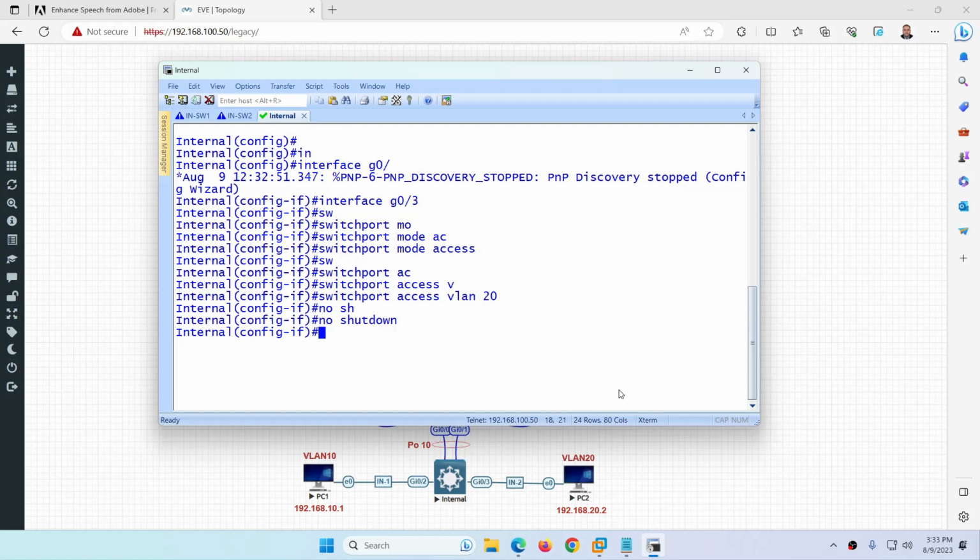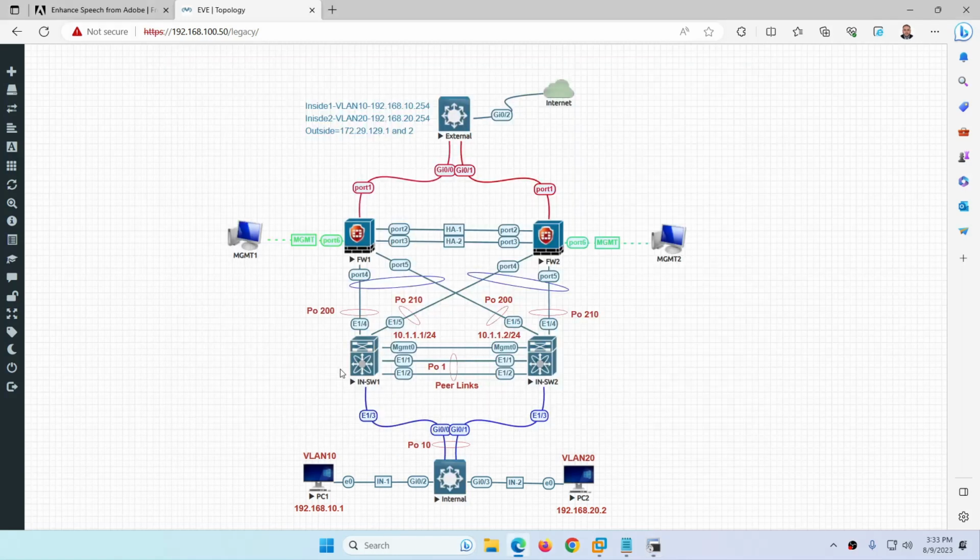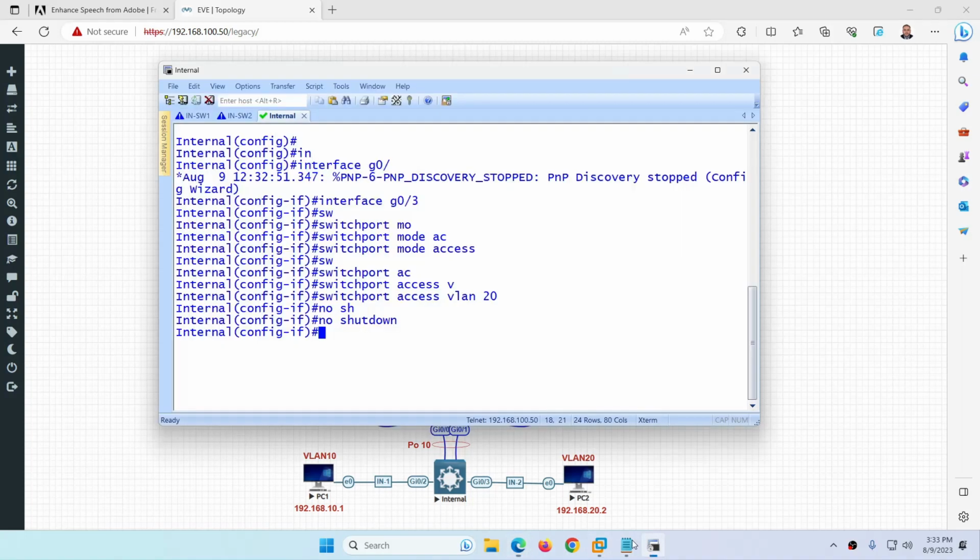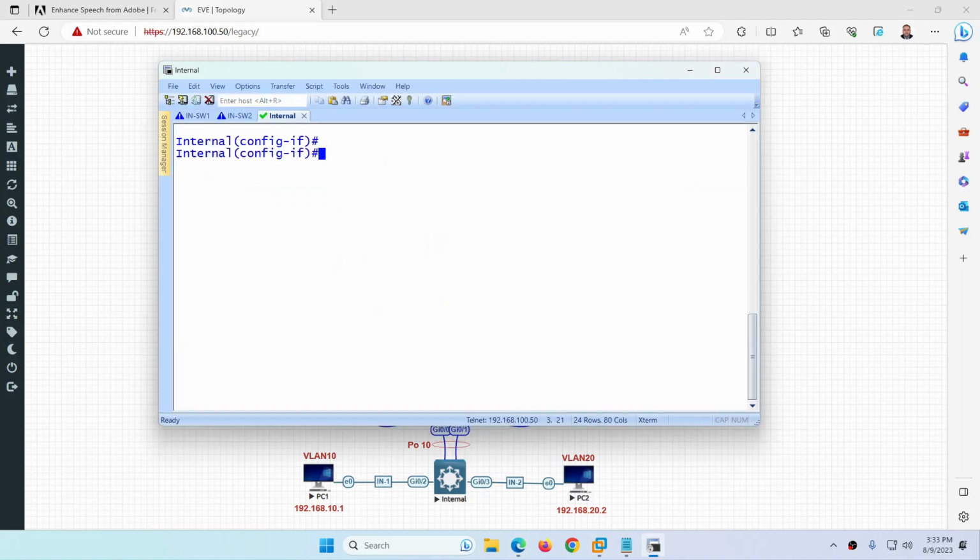After that, I need to create an EtherChannel to these two switches. This is the beauty of Nexus switches, that you can create an EtherChannel. Basically, this internal switch will see these two switches as one. So I need to create the EtherChannel here, on G0/0 and G0/1, these two ports. Let me exit from here, interface range